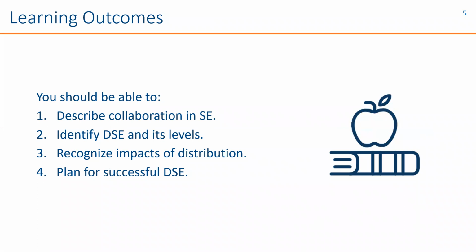First, a general framework that can help everyone stay on the same page when discussing this weird human process called collaboration. Secondly, a formal understanding of what distributed software engineering is. It's really not that complex, but there's more to it than just remote work. And thirdly, you should be able to recognize the vital connections that exist between collaboration and distribution in software engineering.